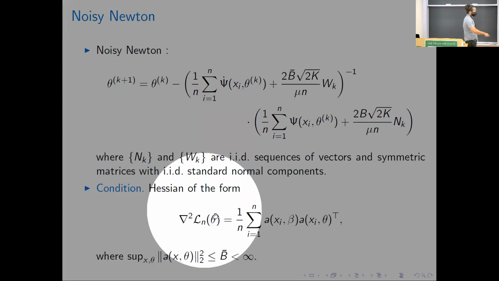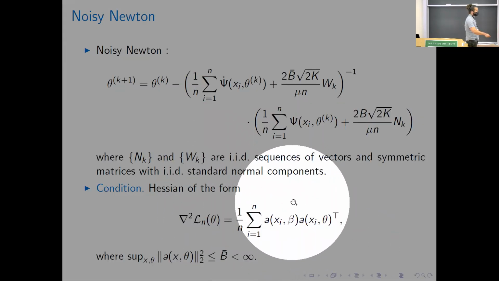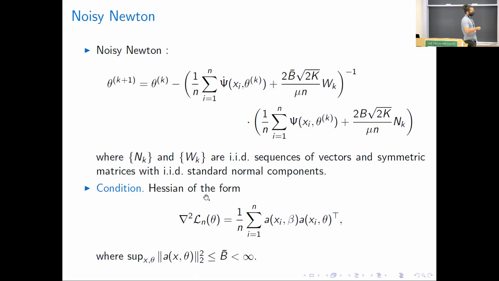And in fact, we're going to require it to decompose in this way. So we can write the Hessian as a sum of matrices of the form A transpose, where each of those vectors A are bounded. And this again has some kind of interpretation in the robust statistics literature from the 80s, because estimators that satisfy this sort of construction have not only a bounded influence function, but a bounded change of variance function. So people have been also proposing things like that before. And importantly, these loss functions are such that you identify the parameters we care about.